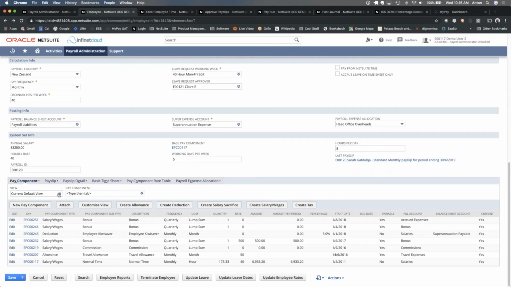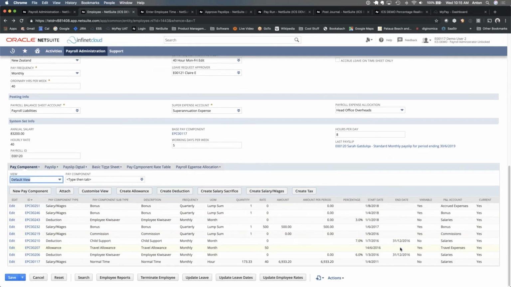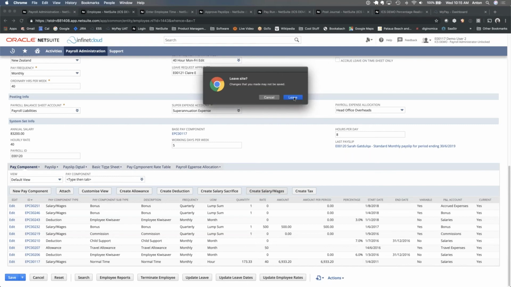So you can see I'm looking at a current view, but like anything in NetSuite, I can change the way I'm viewing that data, and I can see some of the historical pay components this employee's had, which have been end dated. When it comes time to creating new ones, I have these different buttons along the bottom, which can be used to create different types. So if I click on one, let's say salary and wages,